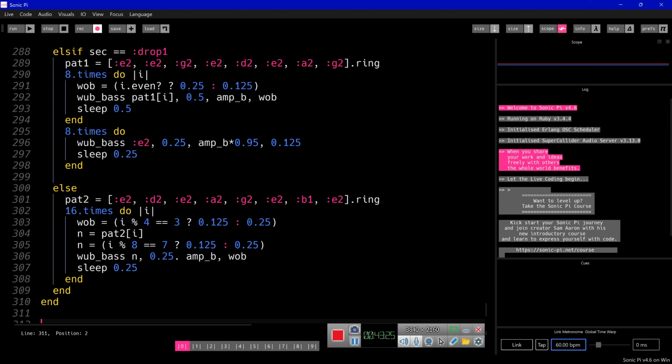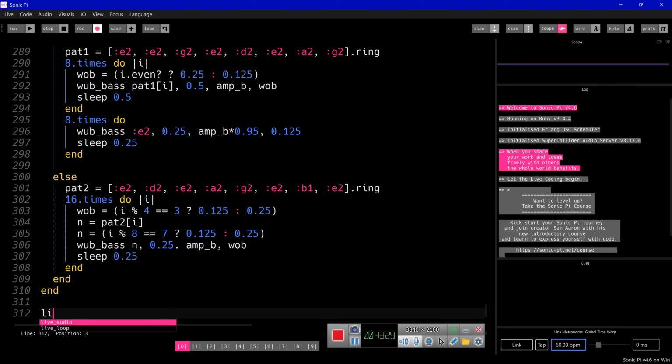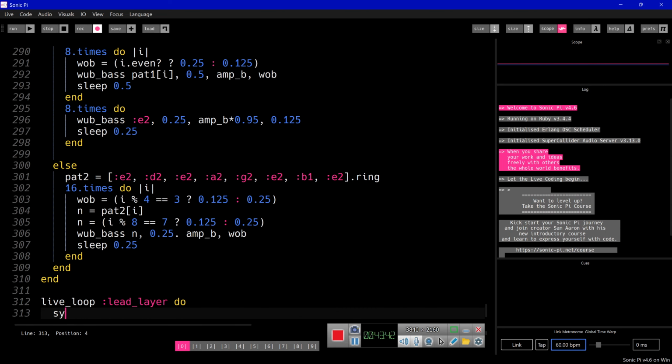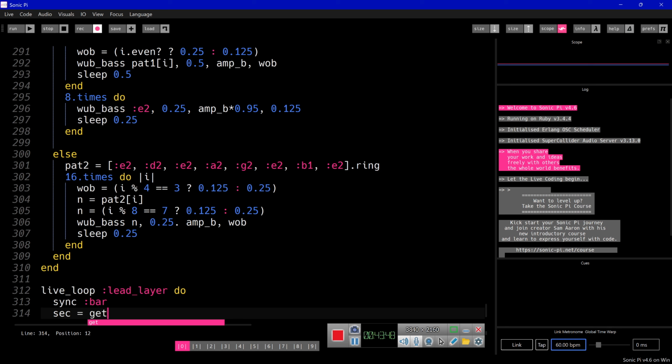Yeah, so now we're going for the lead layer. So we have another live loop. We call it lead layer. And we synchronize it. We get this section,